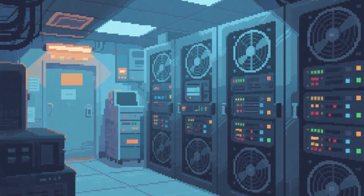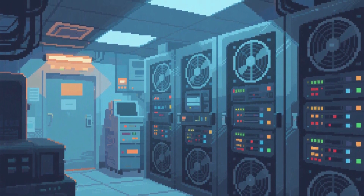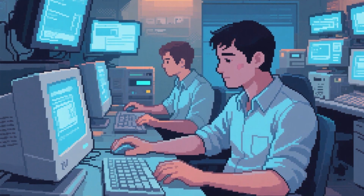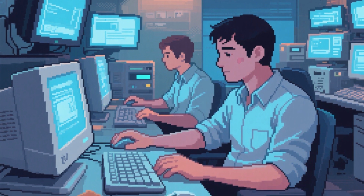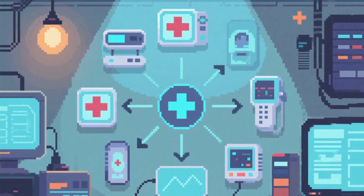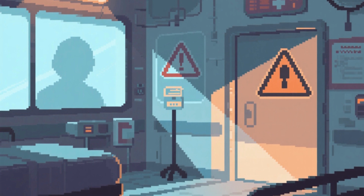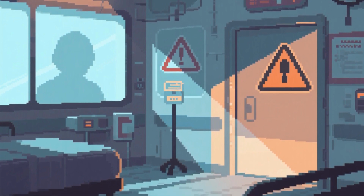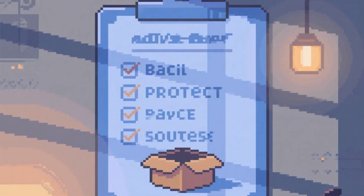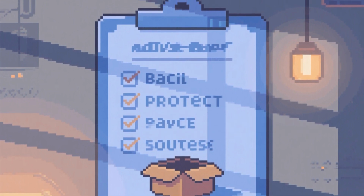In the basement IT server room, cooling fans hum quietly while thousands of network connections pulse with the steady rhythm of digital life. The IT department, led by a small but dedicated team, manages over 2,000 connected devices across the hospital network. From MRI machines worth millions to simple blood pressure monitors, nearly everything now feeds data into the central systems. The recent ransomware attacks on other hospitals have been a wake-up call, but budget constraints have limited their cybersecurity investments. They've implemented basic protections, firewalls, antivirus, and employee training, but advanced threat detection and response capabilities remain aspirational rather